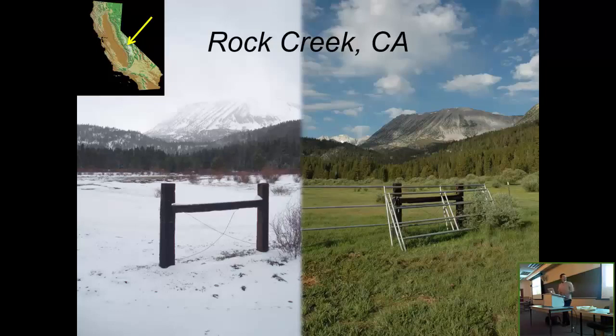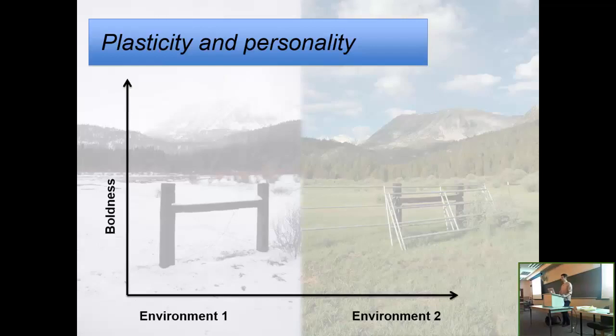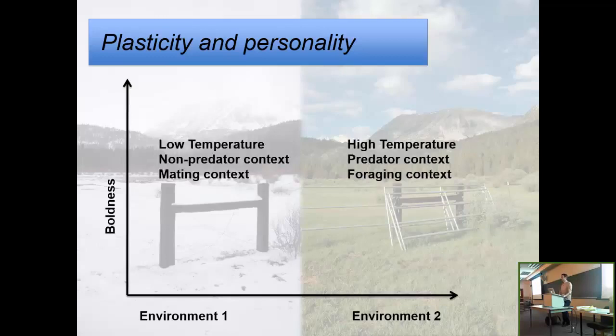And so that environment is obviously very different from the same place later in the season, where it's really lush and there's a lot of fresh grass and growth to forage on. And so it gives the expectation that we might see a fair amount of plasticity in a given behavior, such as boldness. If we look at these different environmental variables that may vary seasonally or may vary in other ways, the optimal behavior is likely to be different depending on that environmental context.